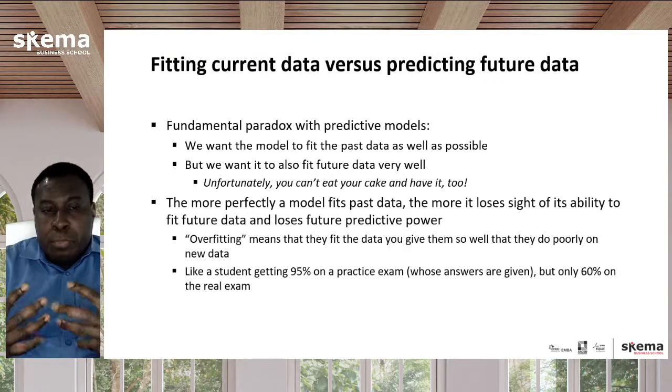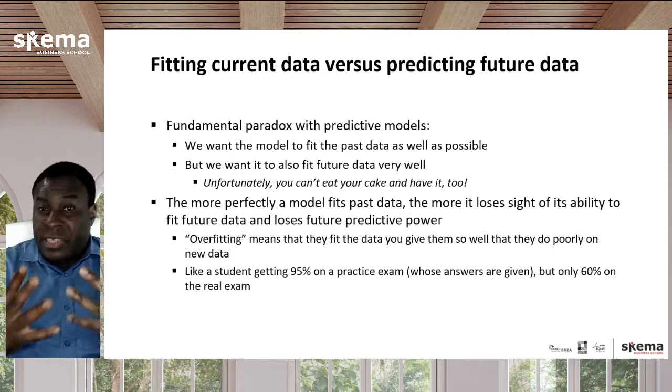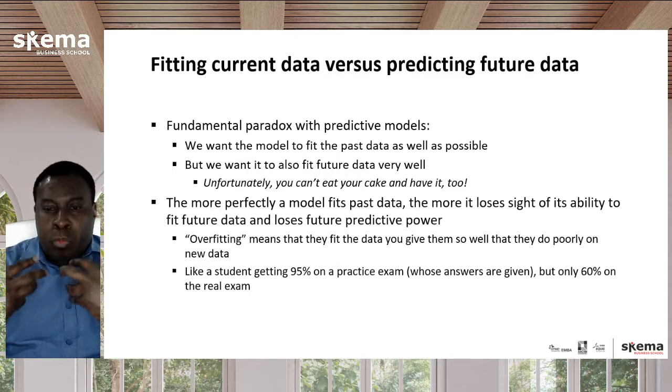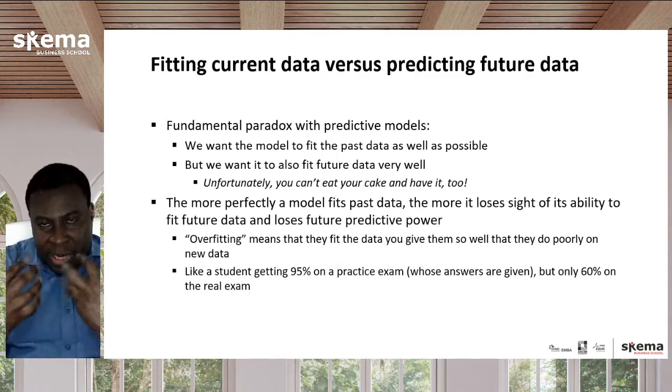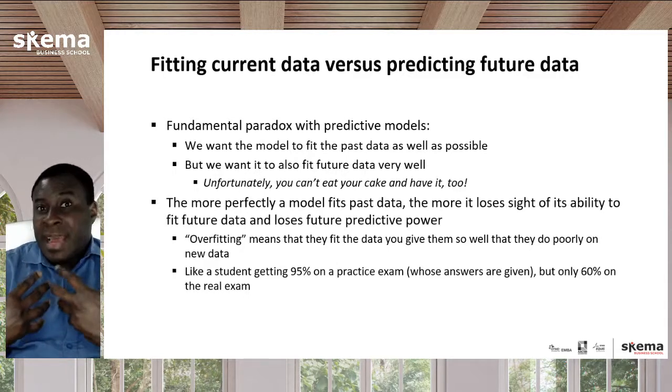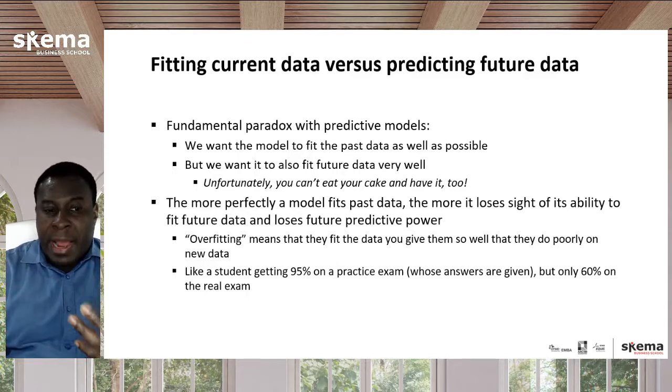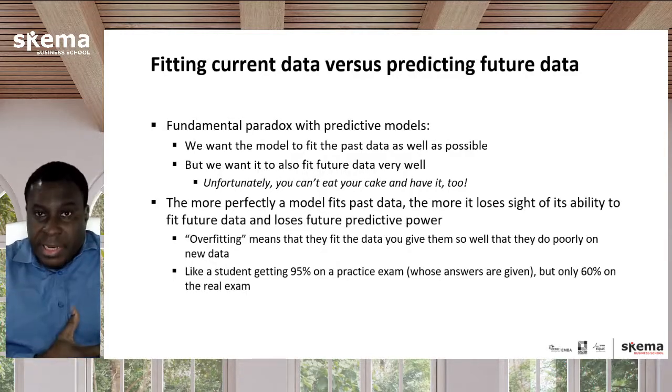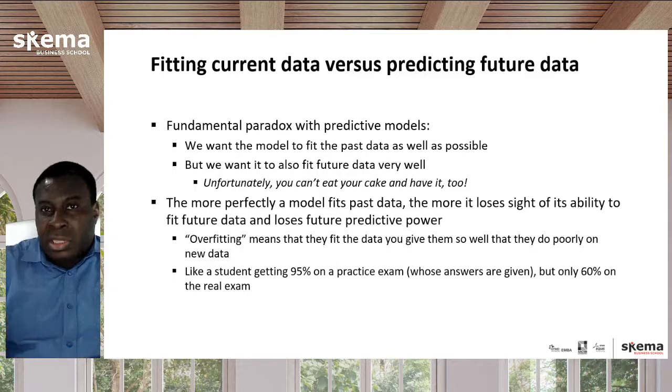The fact is that the more perfectly a model fits the past data, the more it loses sight of its ability to fit the future data not yet seen, and that is, it loses the future predictive power. And this is what is called overfitting. When the model fits the data you've given it, which is past data, so well that it actually does poorly on the future data. One example that I like to give to understand this is if a professor gives